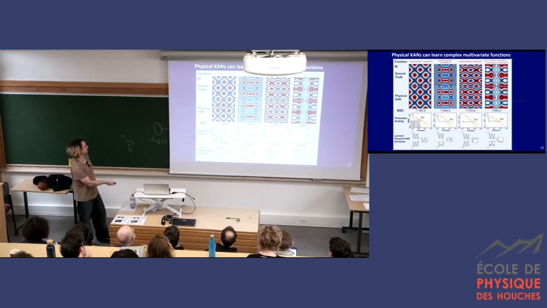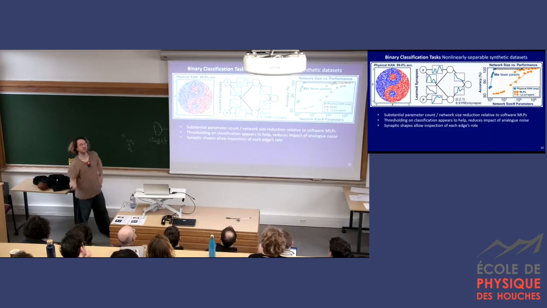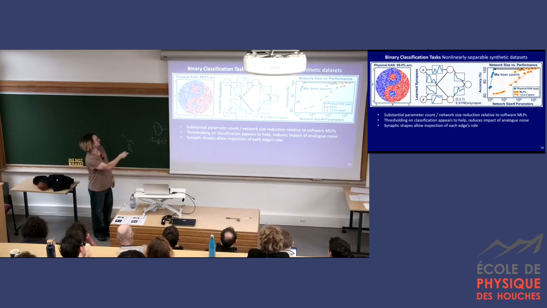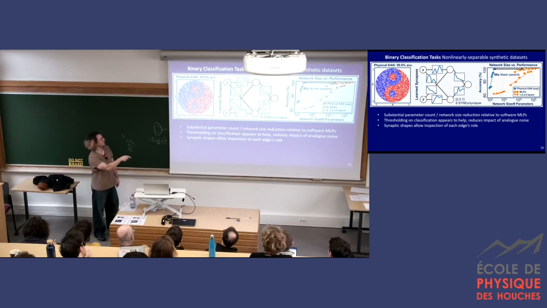I'm going to speed up a little bit. But what about some more classic ML tasks? Another one, this is some synthetic data set where we're classifying some non-linearly separable data. So we're doing this yin-yang thing. And what I think is really cool is this is our experimentally measured IV on each edge in our network. And you can pull out the symmetries here. So you have your 2 little dots from there. You have these smooth and then sharp boundaries across that bit. And here, we don't have inductive bias.